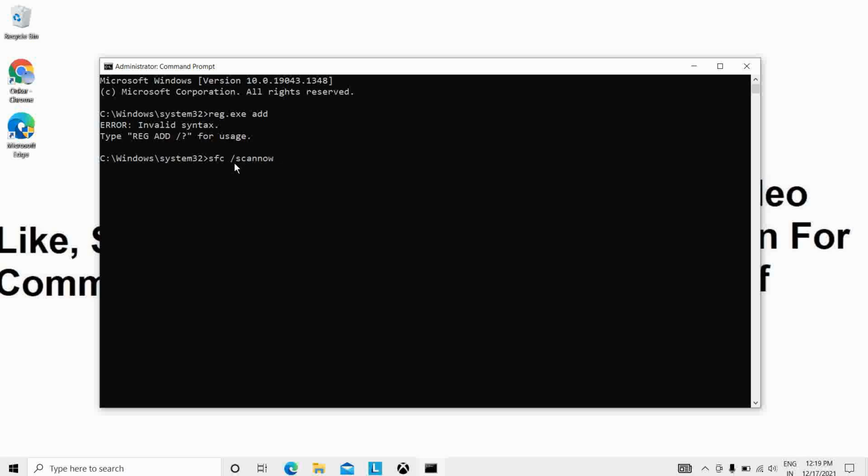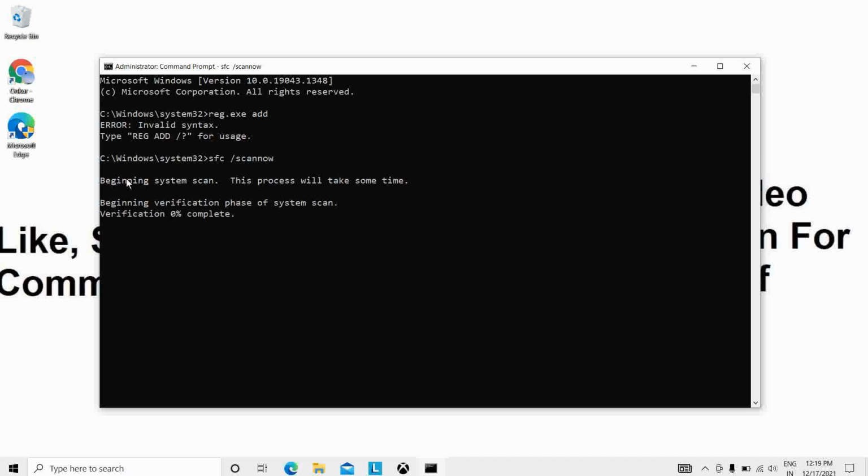You can see here in front of us there is the sfc /scannow command. What it will do is scan your PC and fix issues, and it will fix your DVD issue if you haven't fixed it with the previous two solutions. If the previous two solutions don't work for you, then you can go with this third, and we have some final solutions to fix this issue. So run this sfc /scannow.